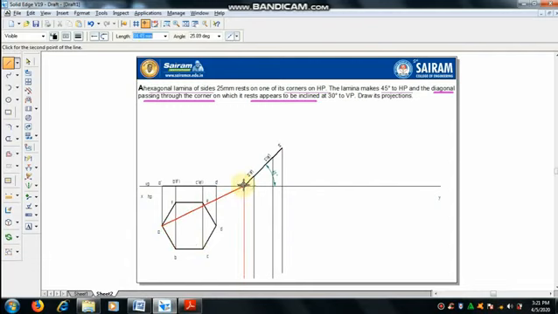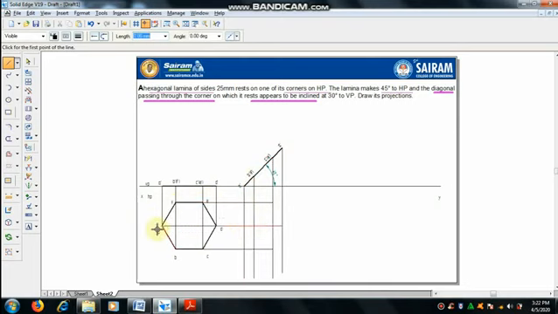Now from A to A dash where it meets, B to B dash where it meets, C to C dash where it meets, like that we have to make it. D to D dash, E to E dash, F to F dash.